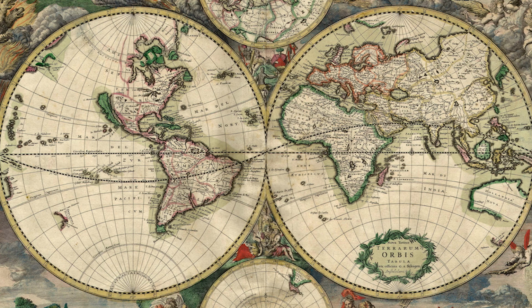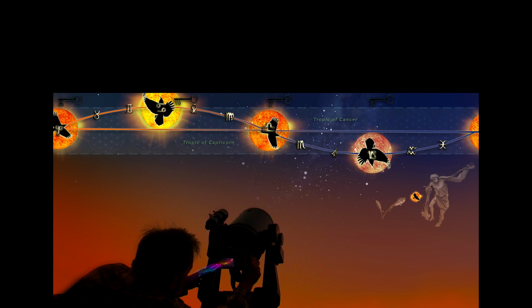Now I'll switch over to my opening slide, and I will go through this so that you understand what's encoded here. To the far left is the zodiacal sign of Aries, and the sun there is the spring equinox. So that's a day of balance. Now as we move to the right, we move into Cancer, which is coming up for us. On the 21st of June, we will be in the summer solstice, and that next sun to the right is in Cancer, just when the sun is the strongest.